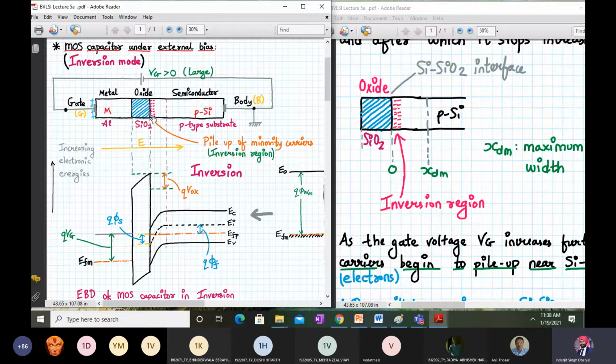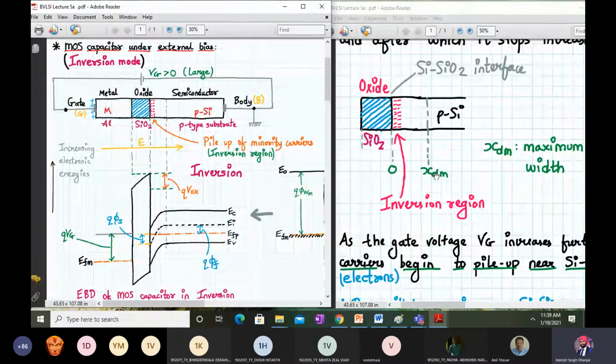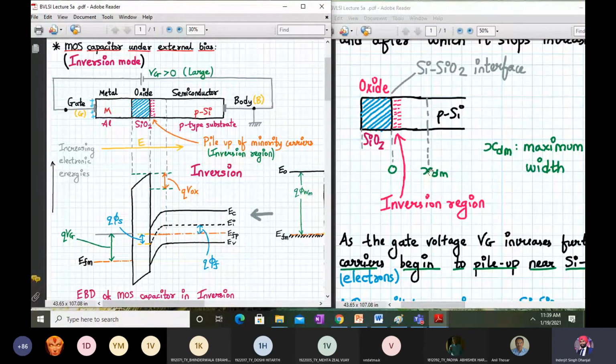So as we keep increasing the gate voltage, we will reach a point where the depletion region increases to a maximum value. Okay, a maximum thickness. So here on the right hand side you can see 0 to xdm is the maximum depletion region thickness or the width. Okay, and after which it will stop increasing anymore. I mean, even if you go on increasing the value of vg, after this maximum value of depletion region width, it won't increase it more. I mean, no more immobile carriers will be generated inside. Okay, so what will happen instead is,